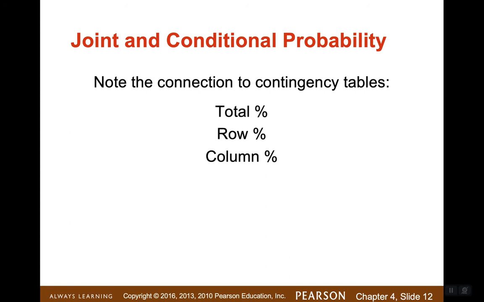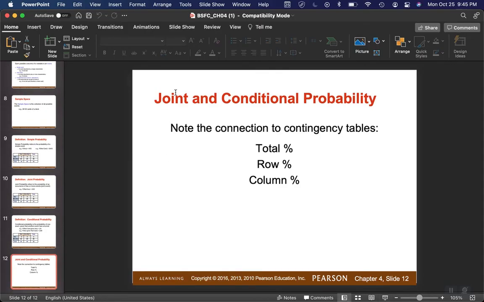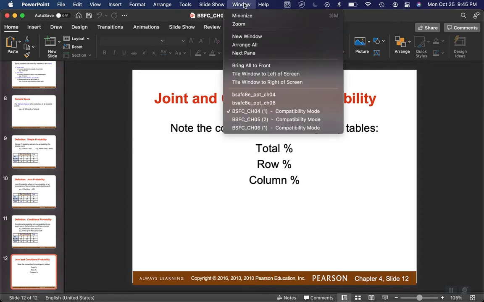So once again, both the joint and conditional probabilities look suspiciously like our contingency tables, where we calculate the total percentage, the row percentage, and the column percentage. So really, that's all we're going to talk about for probability. Using that basic information, let's take a look at